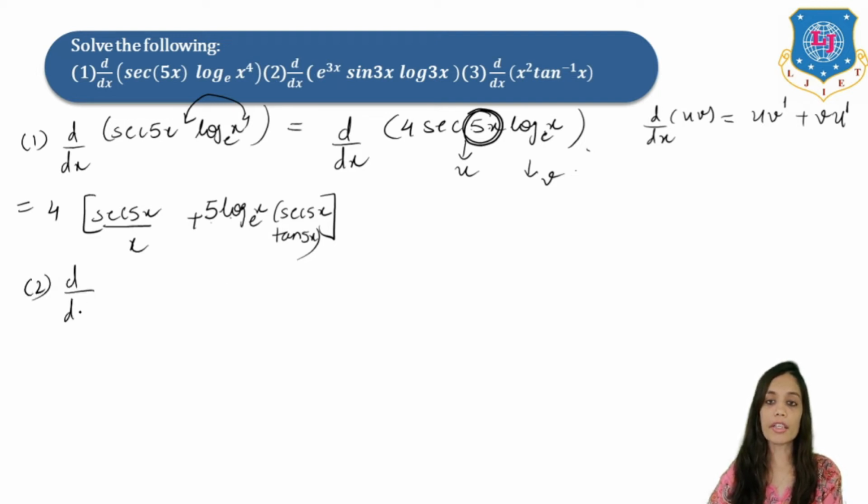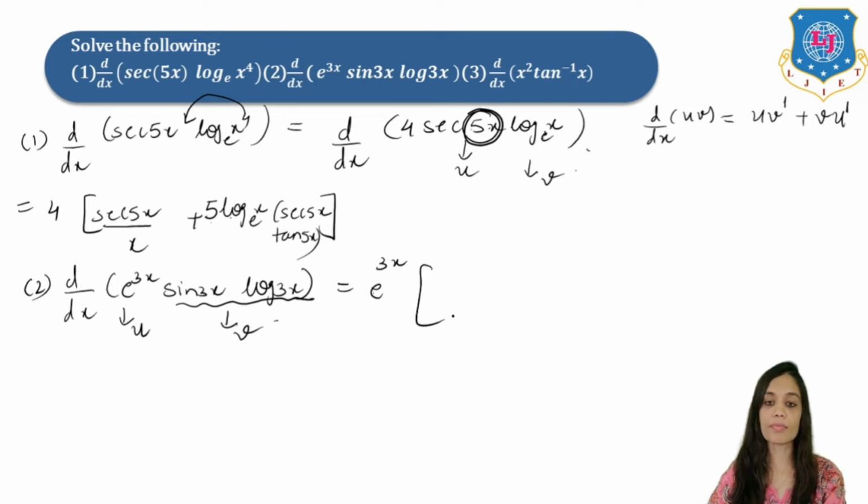So we have to find the derivative of e raised to 3x sine 3x log 3x. Now we are totally having 3 terms, right? So I will firstly take this as my u and these 2 as my v and apply our multiplication rule. So now your answer will be, you have to firstly keep this e raised to 3x as it is. Fine. And do the derivative of this. But again here there are 2 terms. So assume this as u and this as v for these 2 terms, right?